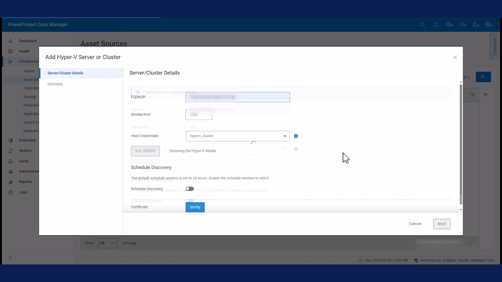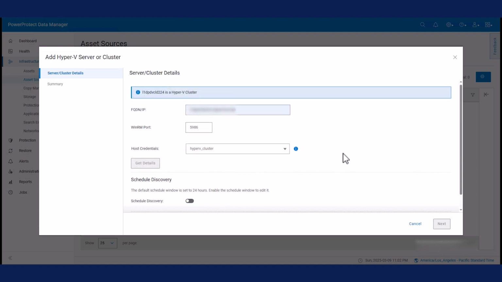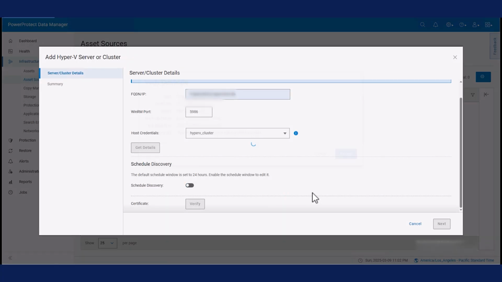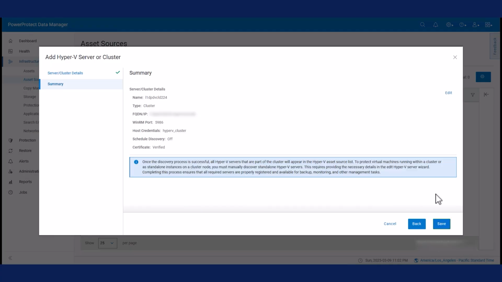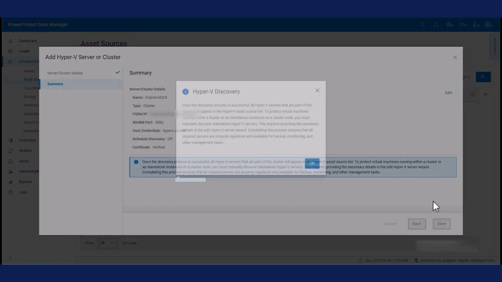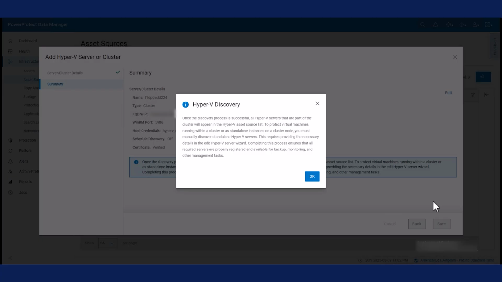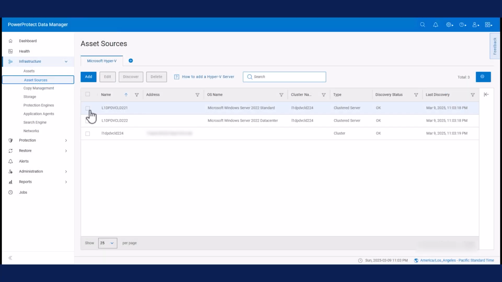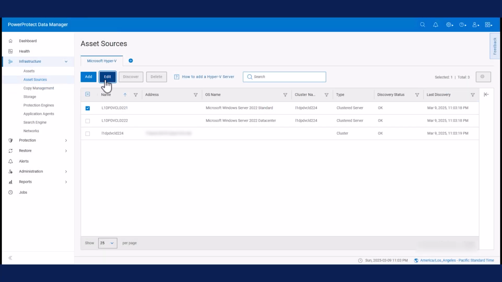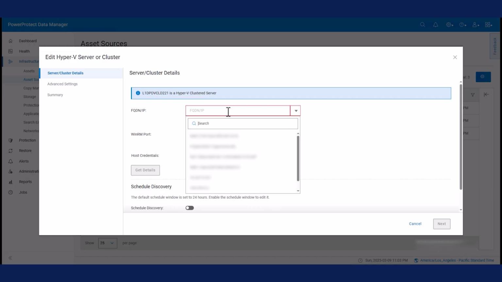Once Data Manager detects whether the asset source is a cluster or a standalone Hyper-V server, verify the certificate and click Next. Review the summary and click Save. All nodes of the Hyper-V cluster and clustered VMs will be discovered automatically. Edit each node by providing the credentials and IP or FQDN.